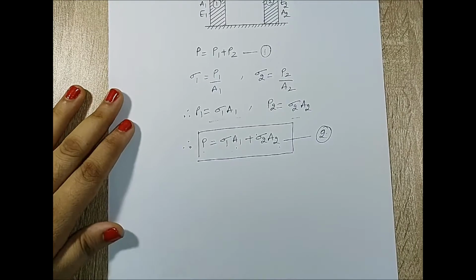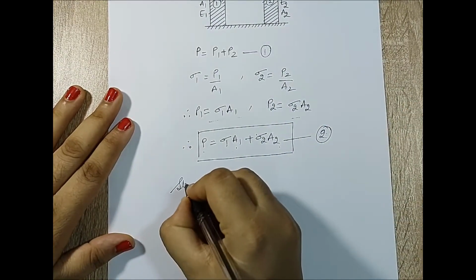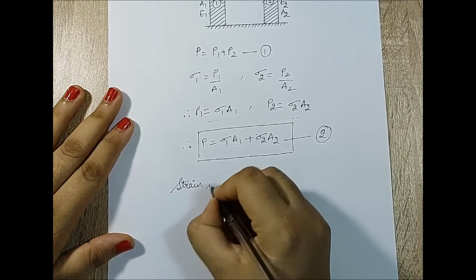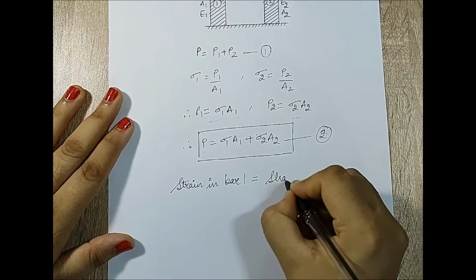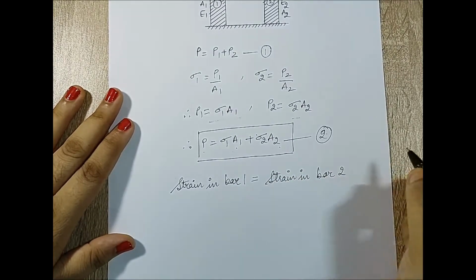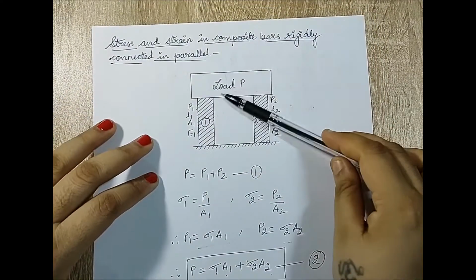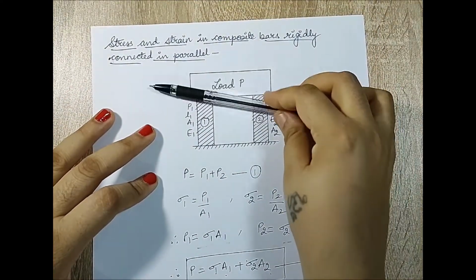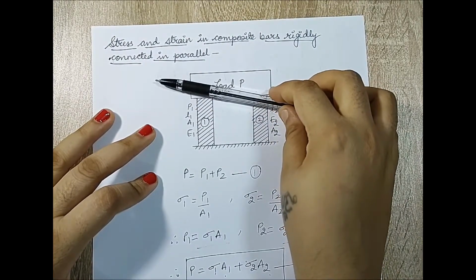Next, we will talk about another equation which is applicable in this case. That is the strain in bar 1 will be equal to the strain in bar 2. This is obvious. Otherwise, suppose if you see a structure like this and the next day you will observe that this load has caused the bar to bend like this. I mean to say the first bar is still straight and the second one has got tilted, which we do